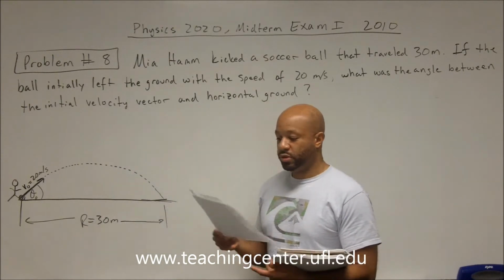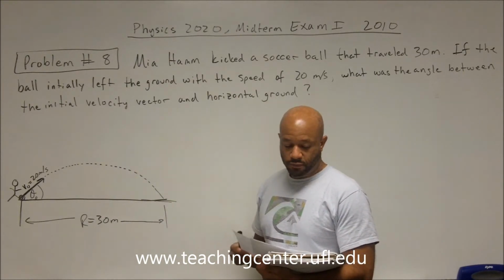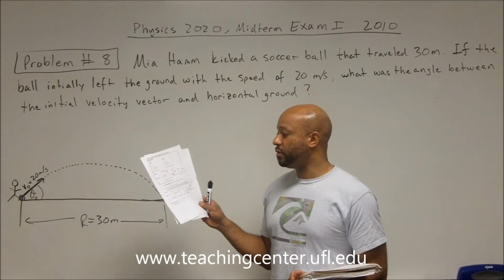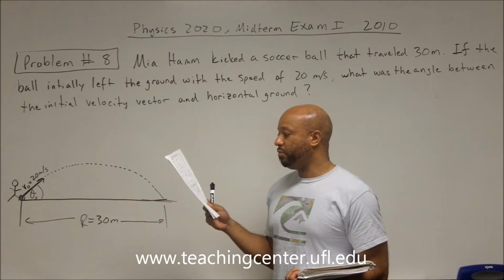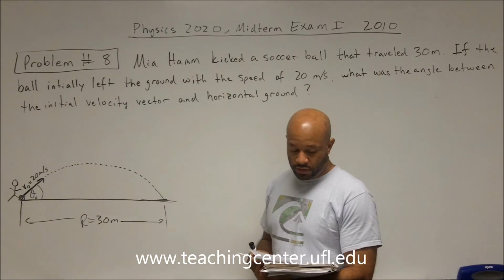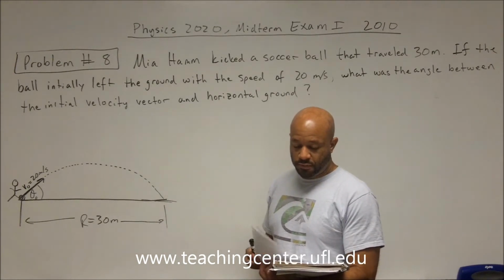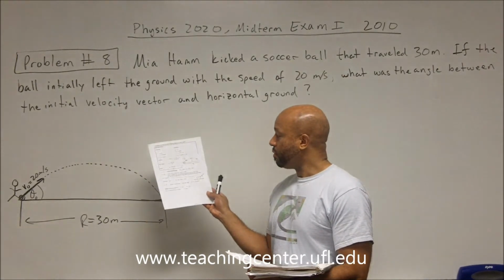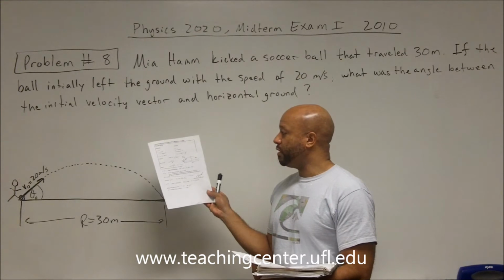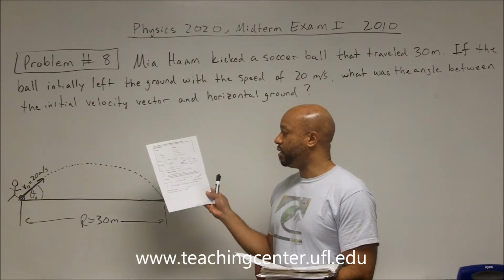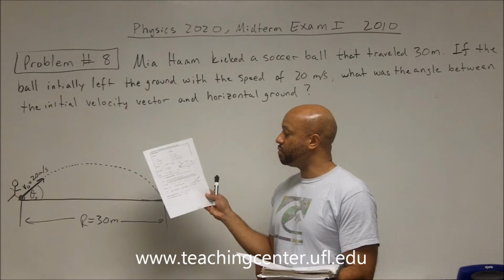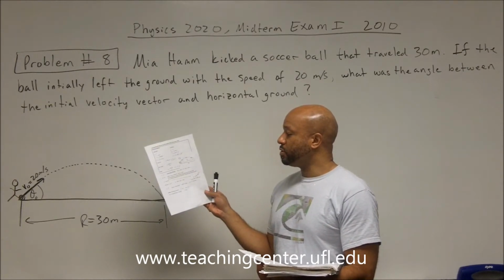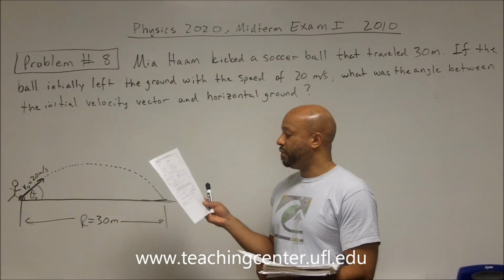I encourage you to use your formula review sheet for Physics 2010 for this first midterm exam 1, and I'm going to be referring to this review sheet. So if you look in the section for projectile motion, which is on the second page, you will see various equations and formulas for the projectile motion in the x and y direction. And if you look at the bottom of that section, you will see a formula for range. And